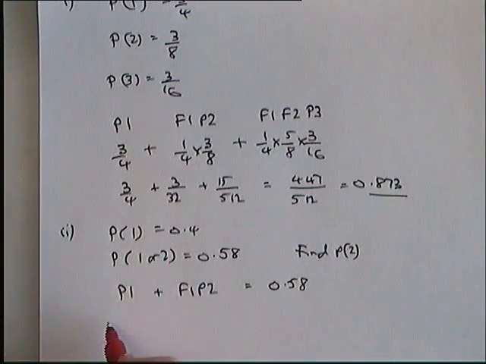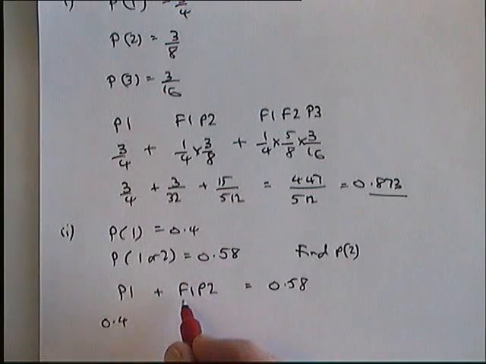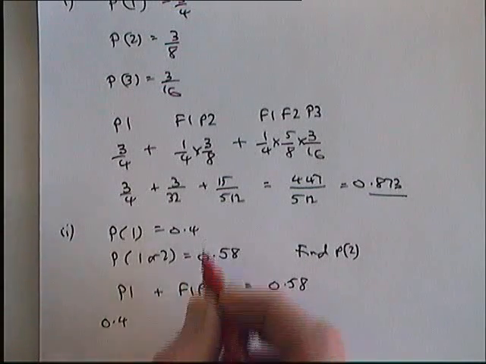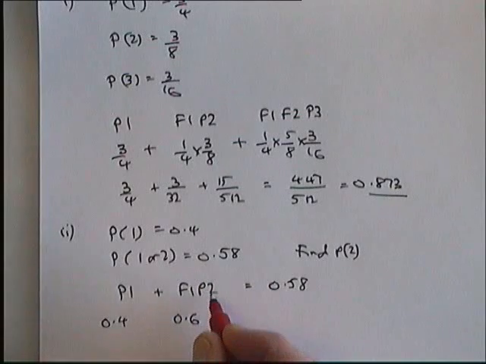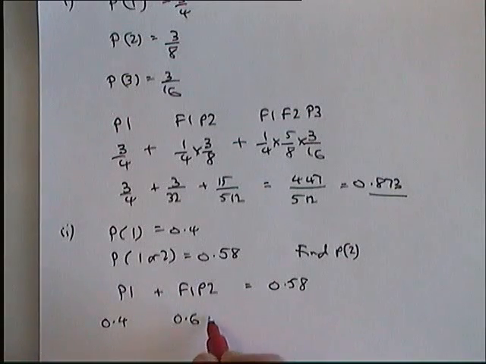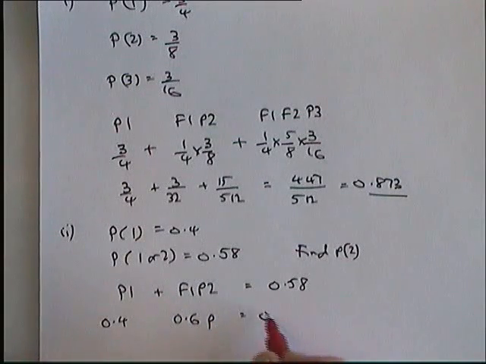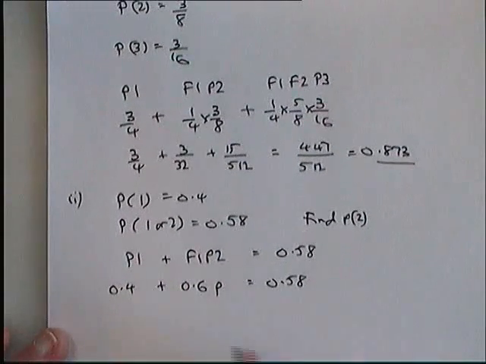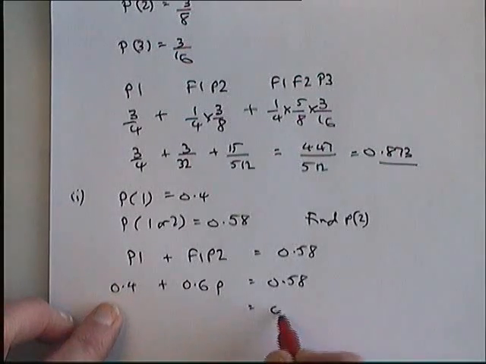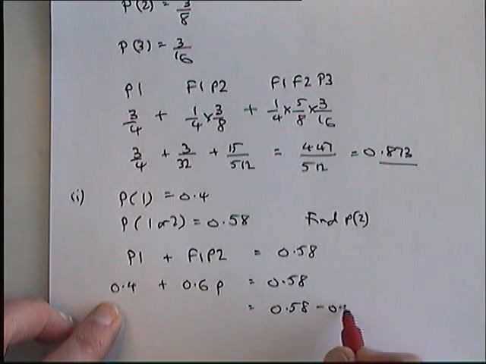Passing on the first one we know is 0.4. Failing on the first one is 1 minus 0.4. Passing on the second one, which I just call now P, that's the only thing we don't know. So we actually get a little equation here, and to solve that equation, if I take the 0.4 off both sides,